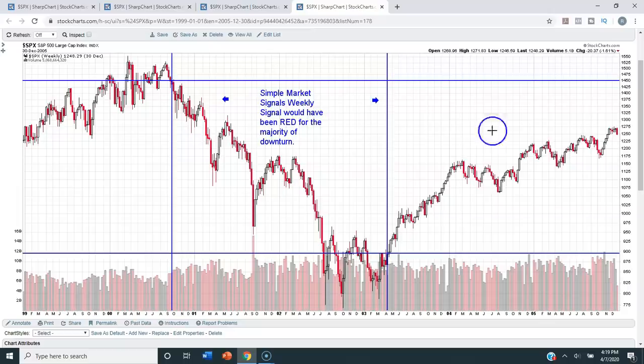And here's one example. So this is 2003, and this is just a quick example, guys. And then I'll tee up some more information for those of you that are interested in finding out more about Simple Market Signals. But the bottom line is the signal, and it's a green, yellow, red signal. I've made it very simple for people to understand. It's very effective. The model behind the signals is complex, but I've simplified the way that I explain it